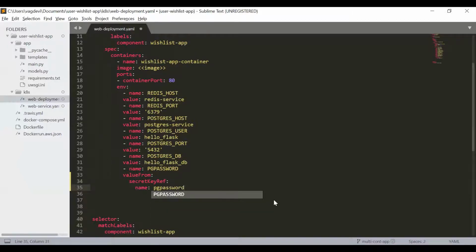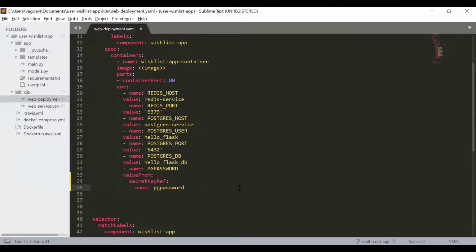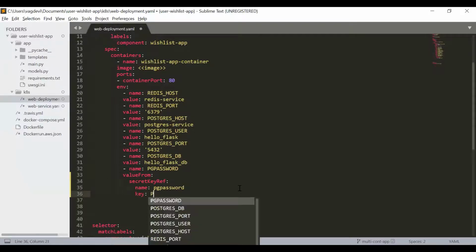If you quickly go to your command line, you can see that. Okay, so this is the password secret name, right? This is the secret name which we have created. All right, can you see? So we will be using the same thing here. The name of the secret is pg-password, and then the key is PG_PASSWORD, all capitals.